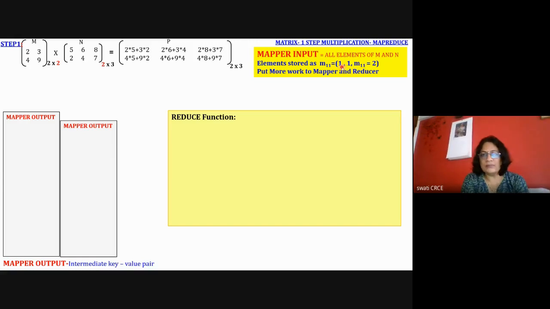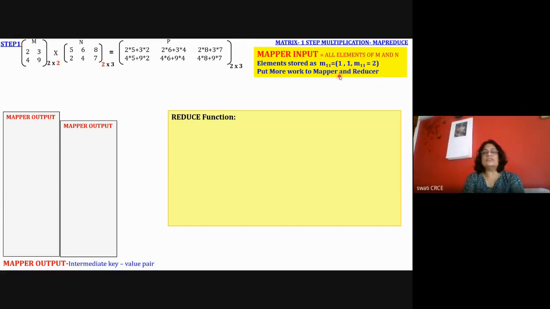So it is the M11 element, which is equal to 2. In this method also, all the elements are stored in HDFS in this format.